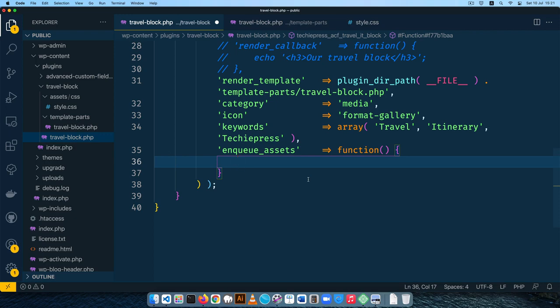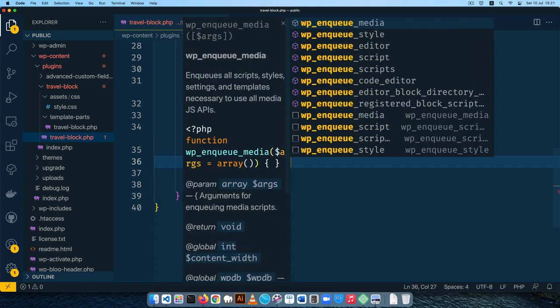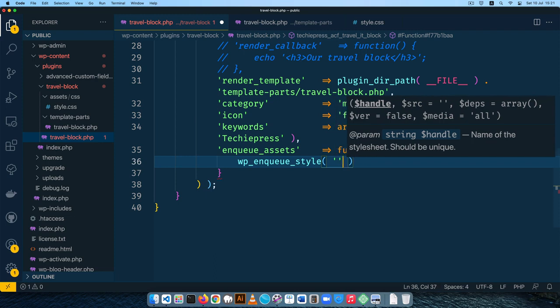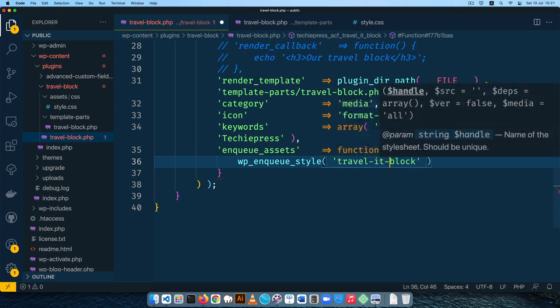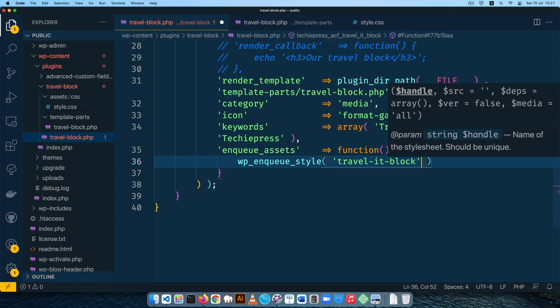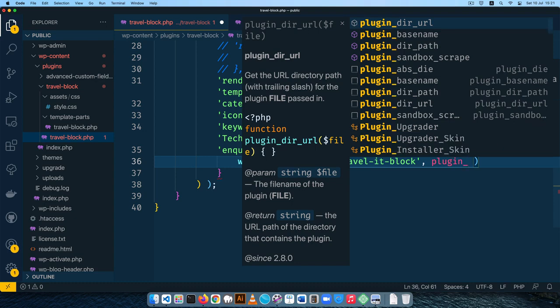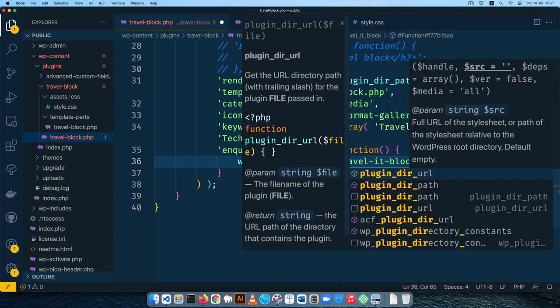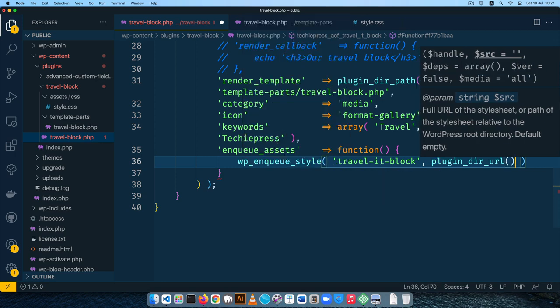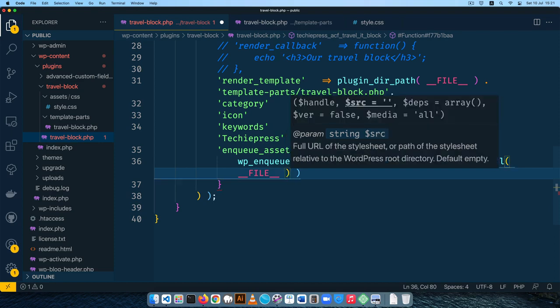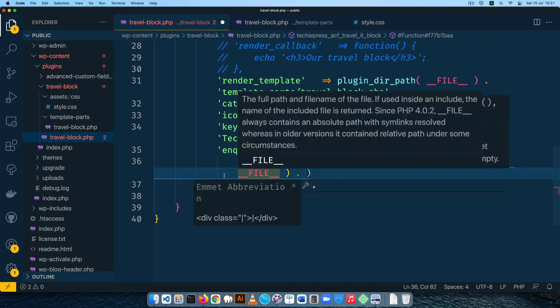So inside here I'm going to do a wp_enqueue_style, and it expects a handle, which is going to be travel-it-block. The next thing we need to do is add the particular file where this plugin is set. So I'm going to say plugin_dir_url, and that's going to allow us to use the file constant, which will give us the location of this file via URL,